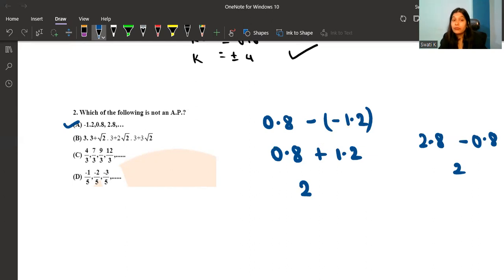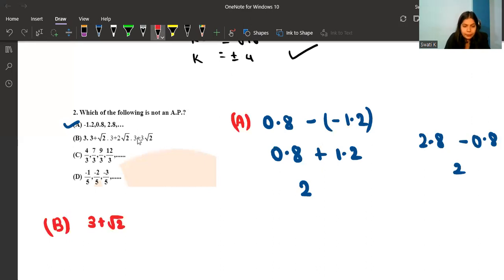It says, which of the following is not an AP. So the first one is an AP. Let's check for the second one, which I'm just writing here as B. Now, if I do the second term minus the first term, that is going to be 3 plus root 2